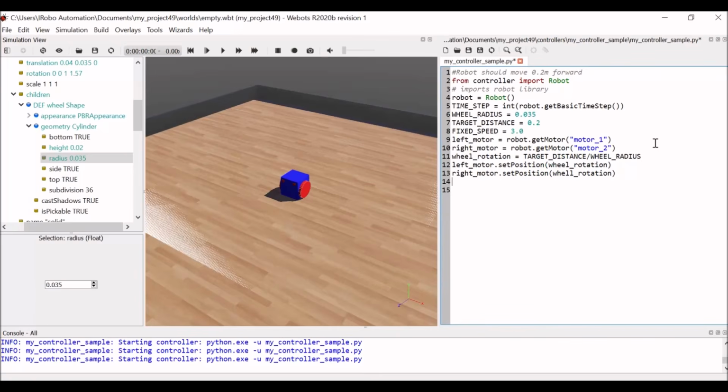So that is why we have to now set the velocity. So left motor dot set velocity, camel case, set velocity to what is a fixed speed. So this is a variable, fixed speed. Okay,